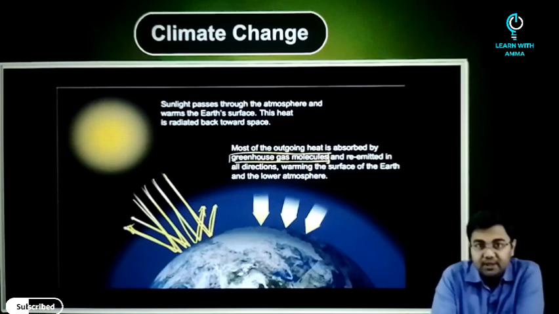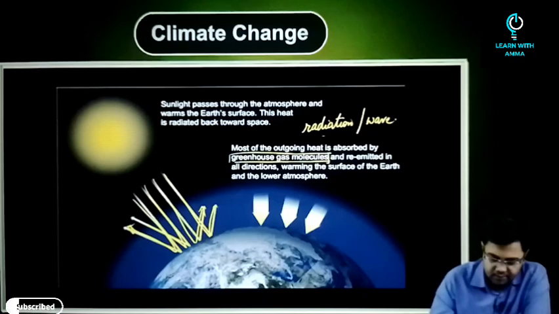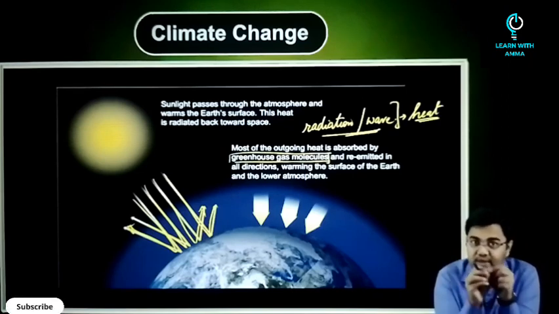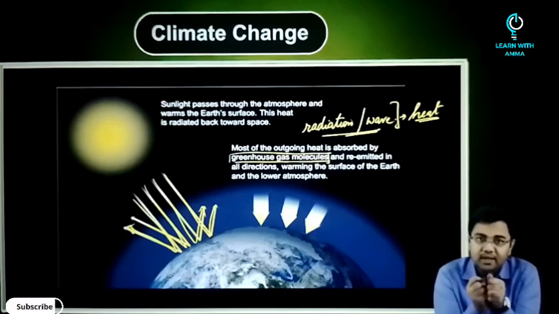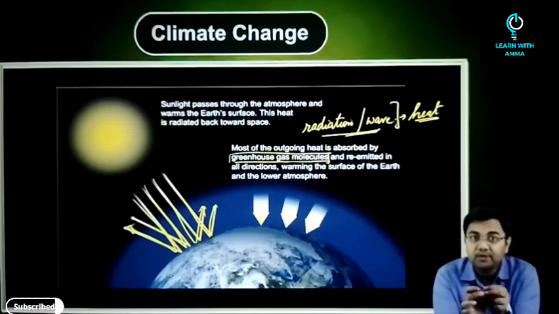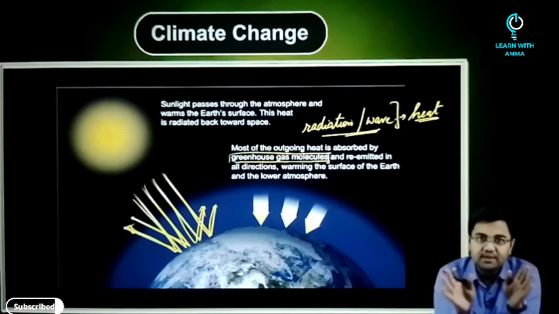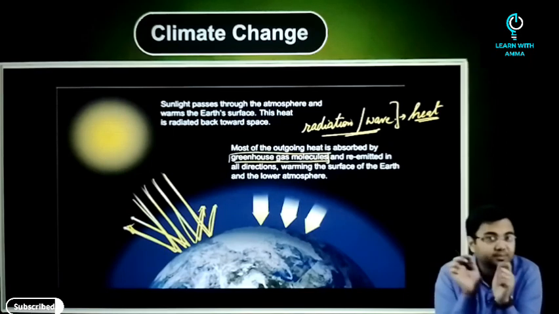And when these greenhouse gases trap some of these radiations, just understand that this radiation, when we are talking about the wave coming from the sun, this basically is the source of heat. So when some of these radiations do not escape back into the space, it means that some of the heat is being trapped. And this trapping of heat is very, very important for the existence of the earth itself. So when you see greenhouse effect, just understand that greenhouse effect is not a bad word. Greenhouse effect due to human activities is something which is bad.